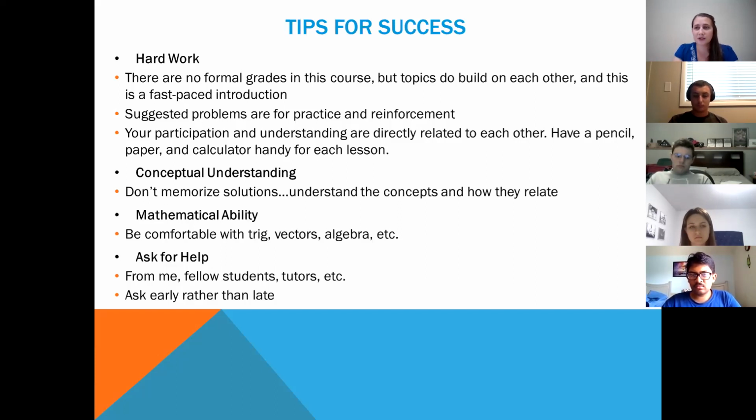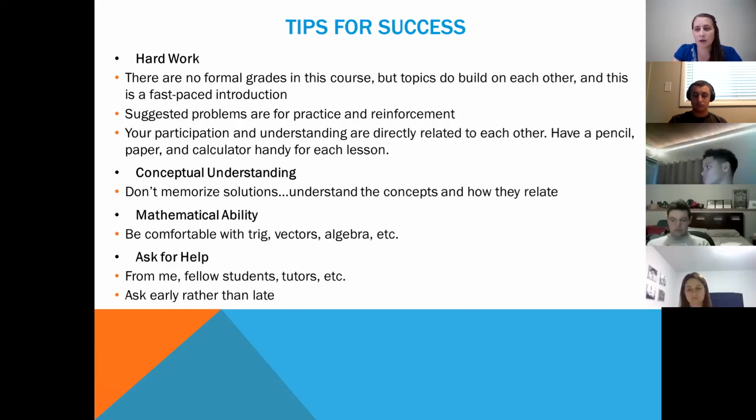Of course, this is physics, so it is based on math. It's applied math as well. So I'll get a better understanding of your math background from that background survey that you'll take in a little bit. But we will be pulling from trigonometry, from vectors, from algebra, not so much geometry or calculus. I'm not doing a calculus-based physics. However, I will introduce you to some calculus topics if you have not seen them previously.